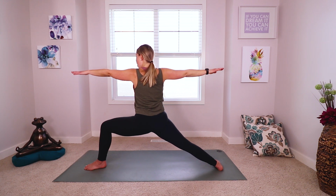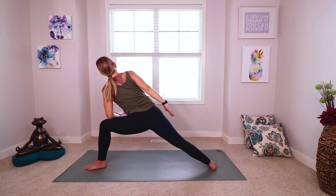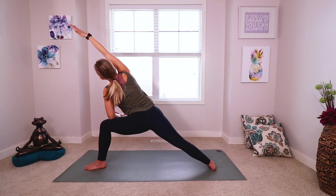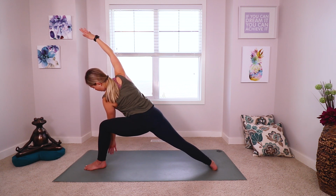Nice work, you guys. So taking that left forearm, bringing it onto your quad or your thigh, sweeping those right fingertips for the front of the room for extended side angle. A few moments here, nice and strong through the legs. Awesome job, you guys. So keep the forearm on the thigh or try to bring those fingertips towards the mat,